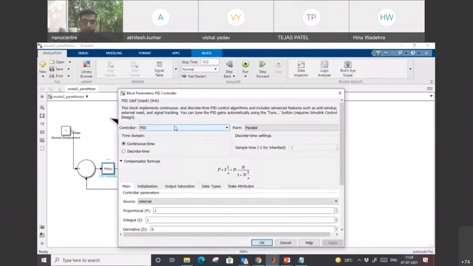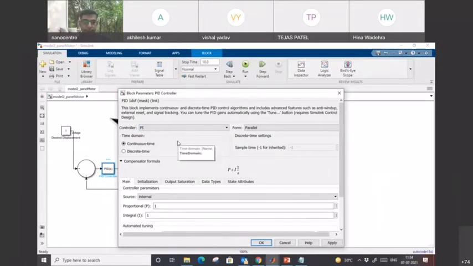So we are not going to use PID, we will use PI. Why will we use PI? Let me briefly explain the PI and PID controller. Let's say that if I have to design a drone and I want my drone to go up only, not down, meaning in one direction only. In that case, we use the PI, because the integral part will calculate the past value and it will push up.